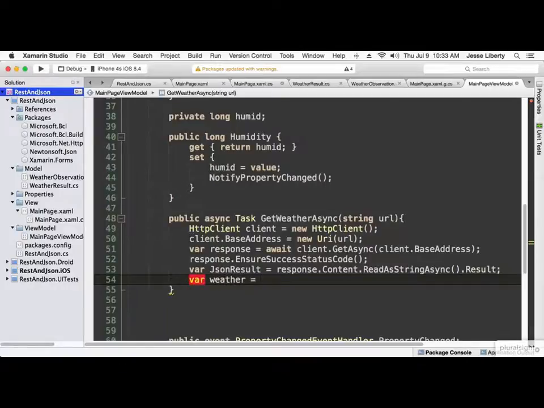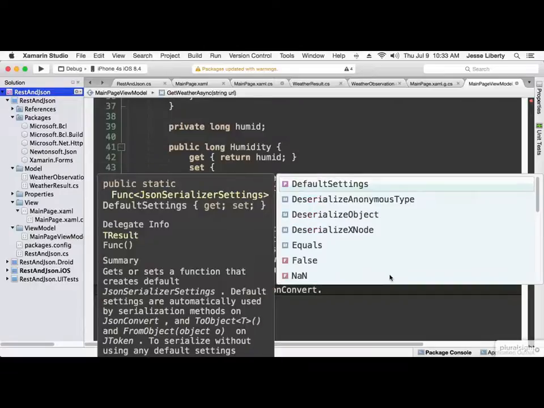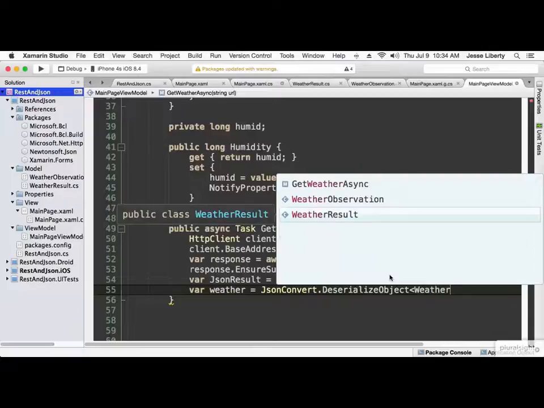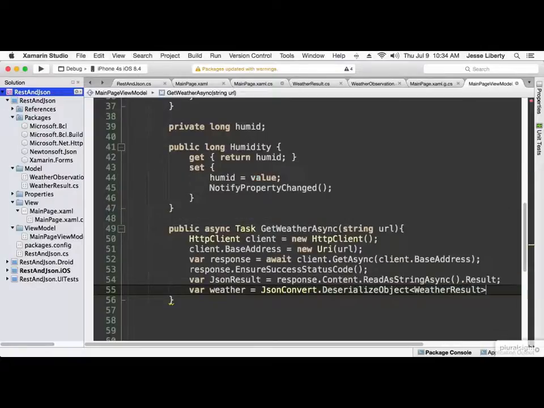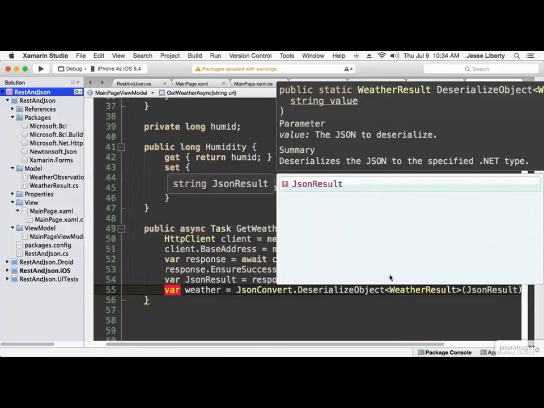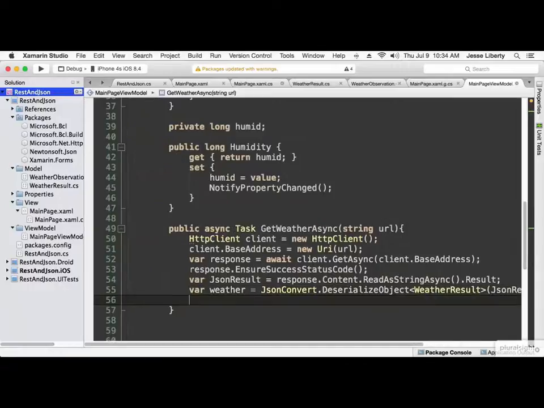And now we can say that our weather is equal to what happens when you call JsonConvert on that JSON string, and then call DeserializeObject. DeserializeObject is going to take the parameter WeatherResult. That's the type that you want to deserialize into, and you pass it the string that we got from ReadAsString. Now that we have our object, our weather object, we can call a helper method setValues and pass